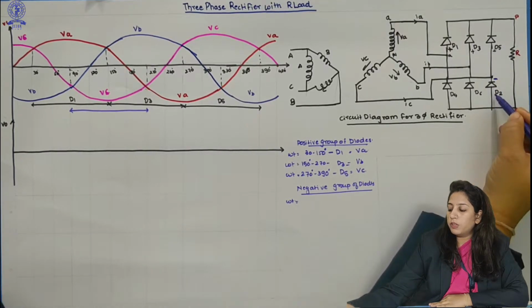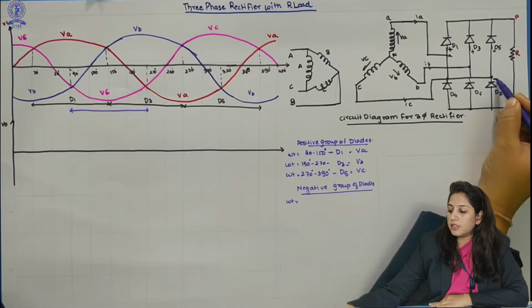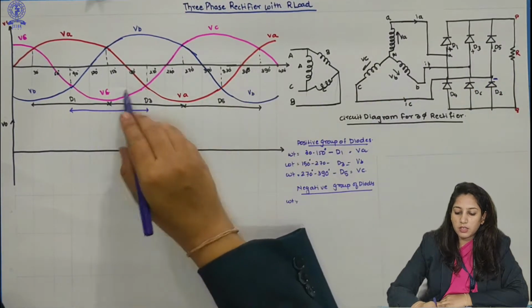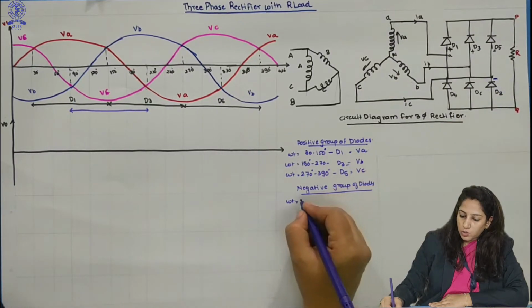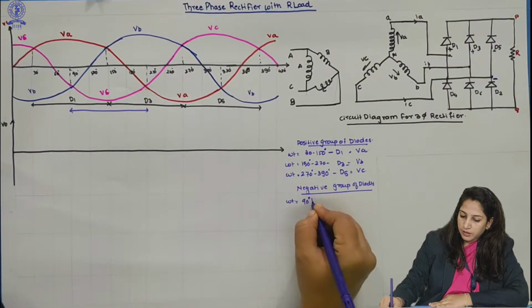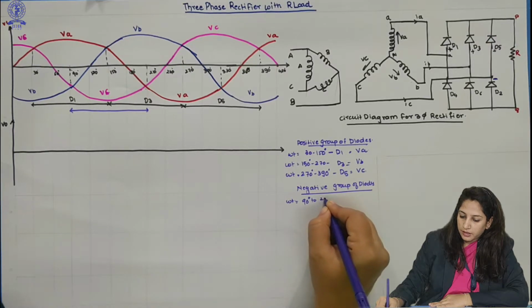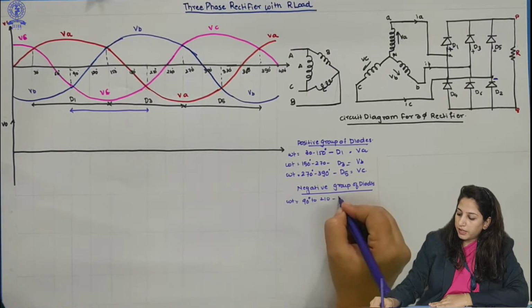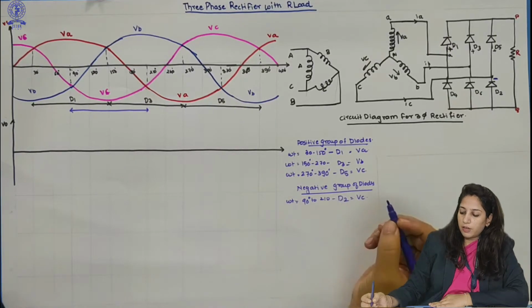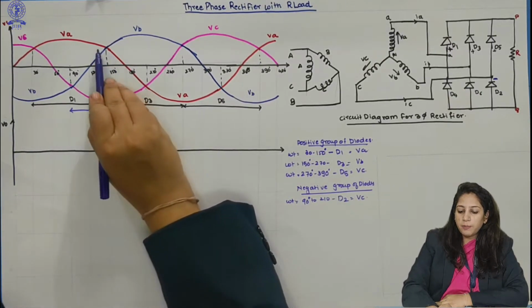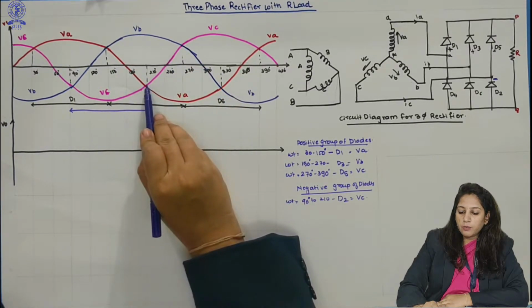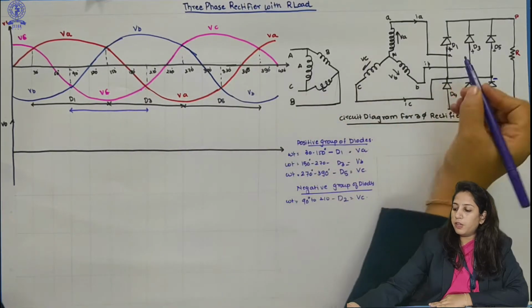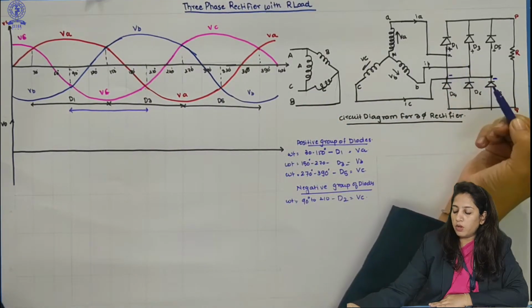So D2 will be forward biased because this side is more negative as compared to the others, and D2 voltage will be more negative as compared to the positive side. So I will say for 90 degrees to 210, D2 is conducting and VC is very negative. Similarly, VA is more negative as compared to VC and VB,